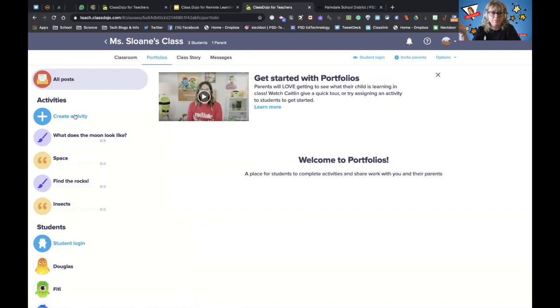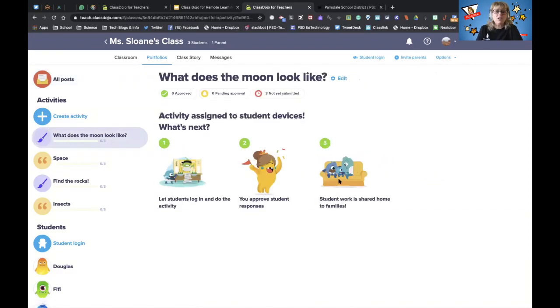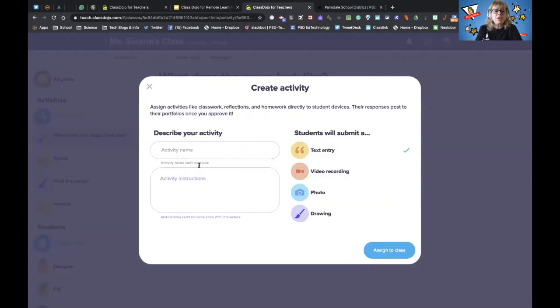You can create an activity, for example, here's one I created. What does the moon look like? And I've asked the students to make a drawing. If I created a new activity, it might be name that color. Of course, this would be for lower grades, right? And I would say, find a flower, identify the color,